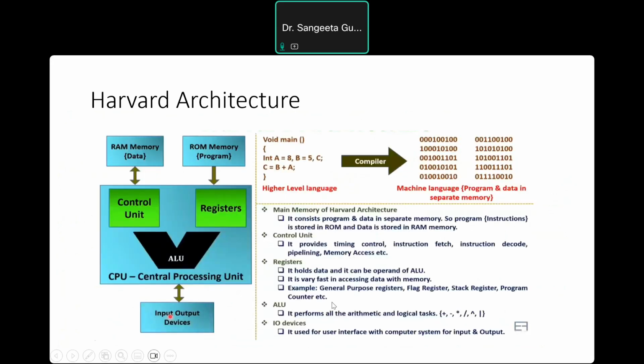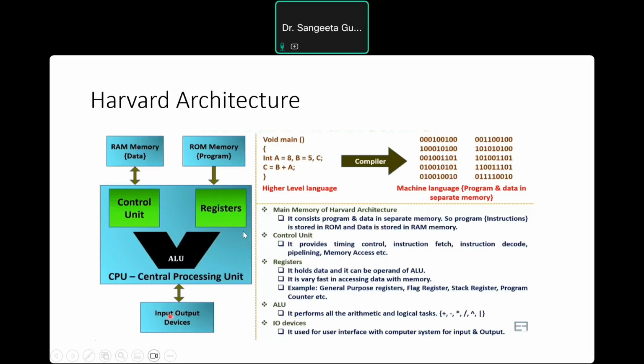So this was about the von Neumann architecture. We need a mechanism which helps us differentiate between programs and data. There comes another renowned architecture, the Harvard architecture. In Harvard architecture, the role of the central processing unit and the input output devices